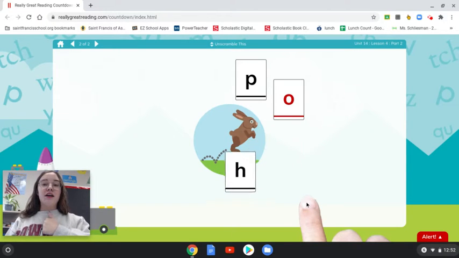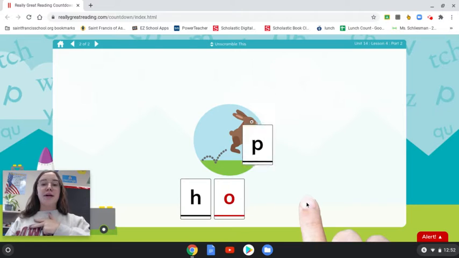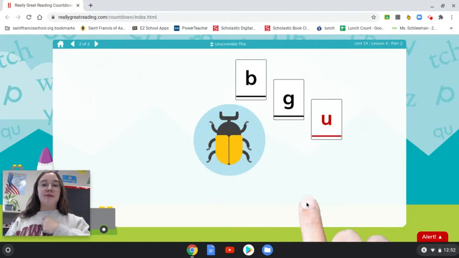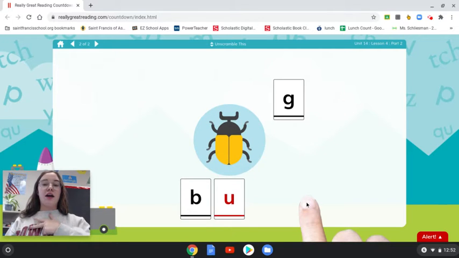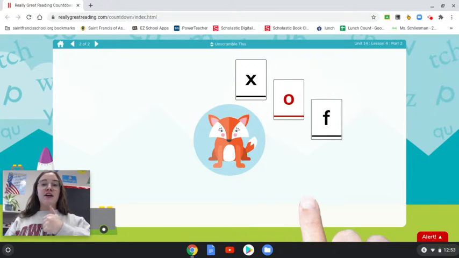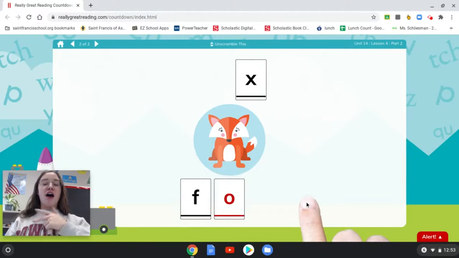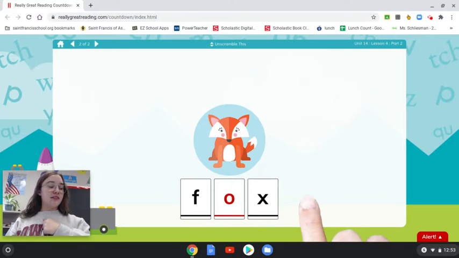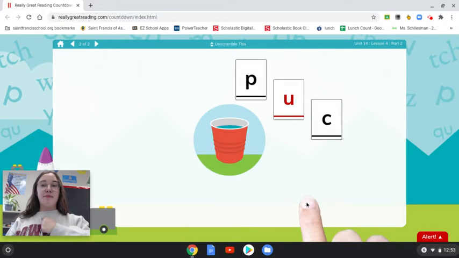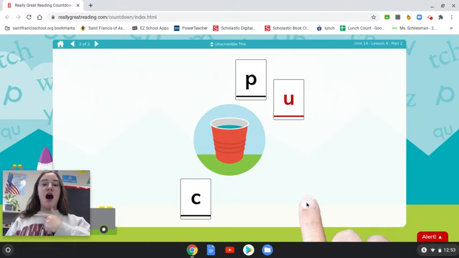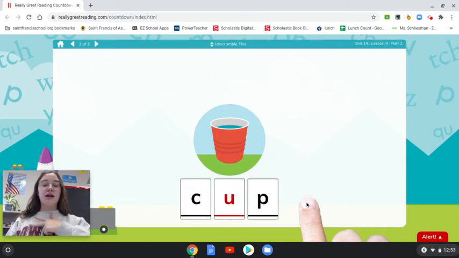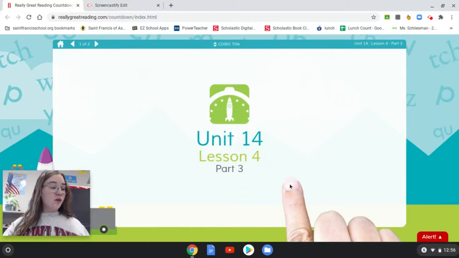Hop. P, hop. Bug. B, g. Bug. Fox. X. Fox. One more. Cup. K, p. Cup. Now we're going to build words with our letter tiles by listening to the beginning sounds in each